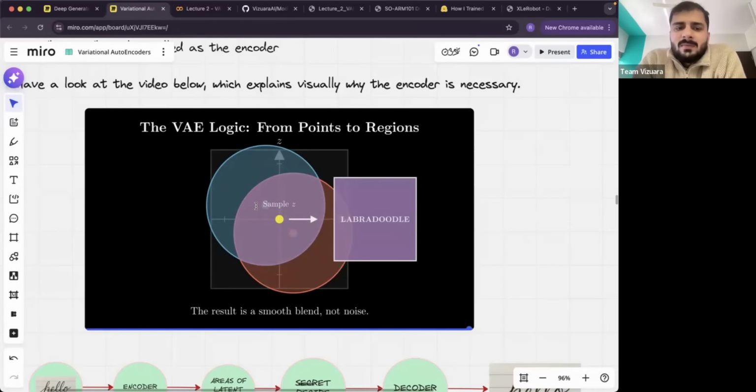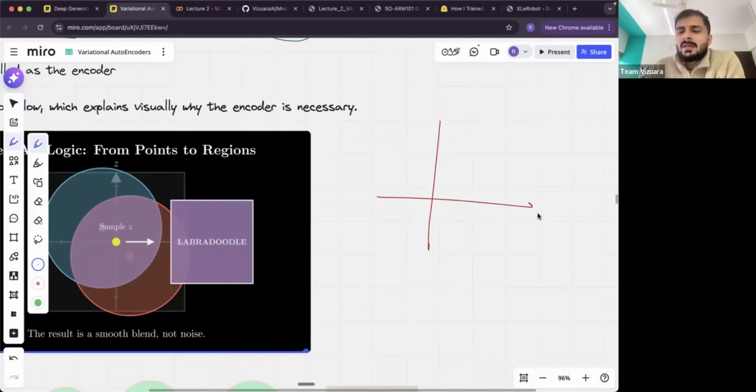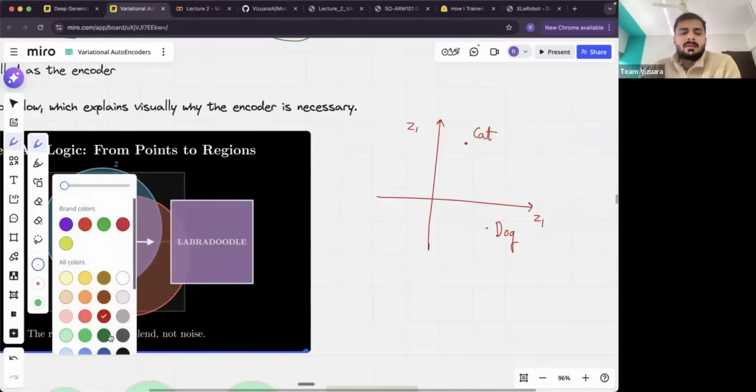Okay, so the answer given by Sriharsha is actually correct. Even Pramod's answer is kind of on the right track. What happens is, let's say this is your latent space, the example which is given in this animation. Let's say this is the latent space Z1 and Z2. And this is a point which corresponds to cat. And this is a point which corresponds to dog. And let's say you pick something in the middle here